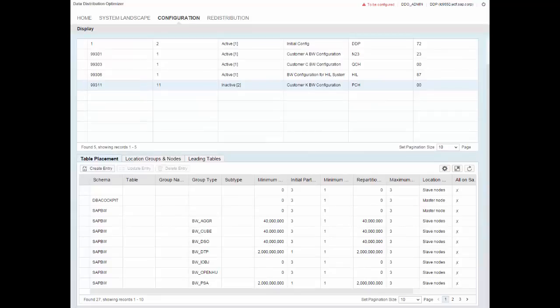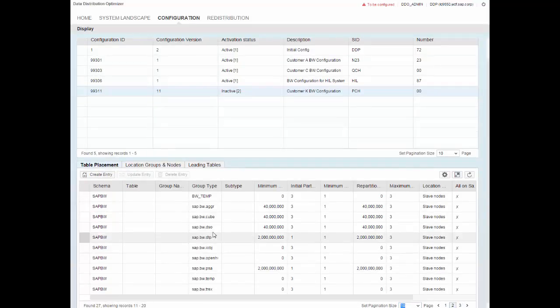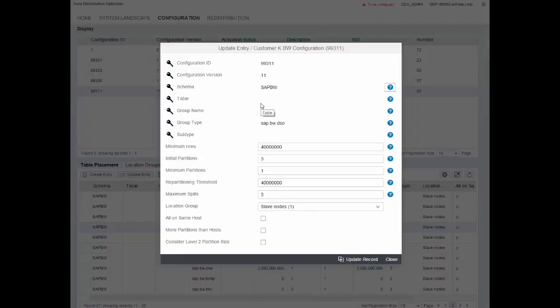And as a good hint, what we analyzed within the system landscape before, we saw that the majority of the memory allocation is related to objects assigned to the group type SAP-BW.DSO. And as we are not focusing on a certain DSO or advanced DSO at the moment, we just take the selection on the schema and the group type as the one we'd like to optimize first. Having said that,